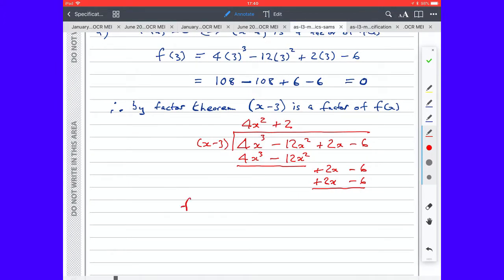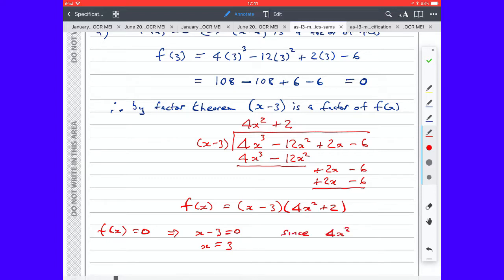So f(x) is equal to x minus 3 multiplied by 4x squared plus 2. So when we're looking at f(x) equal to 0, that implies that x minus 3 equals 0, so x equals 3, that is one root. Are there any others? Well, no, there aren't, because